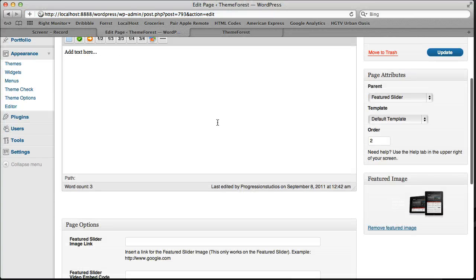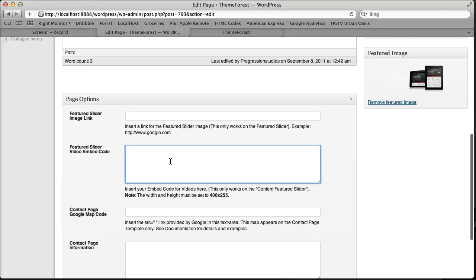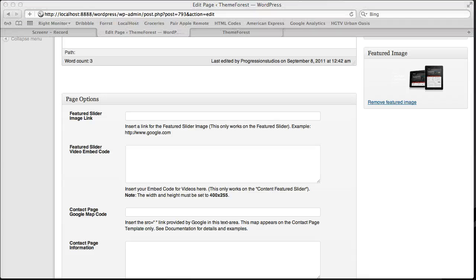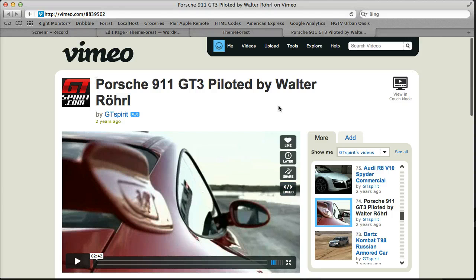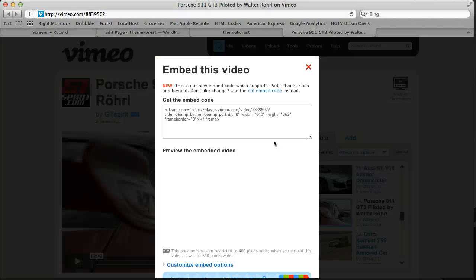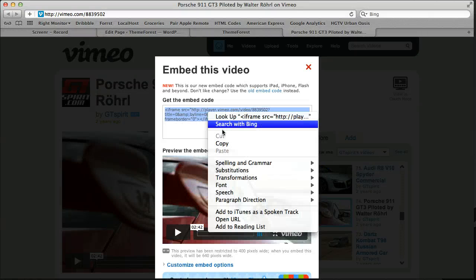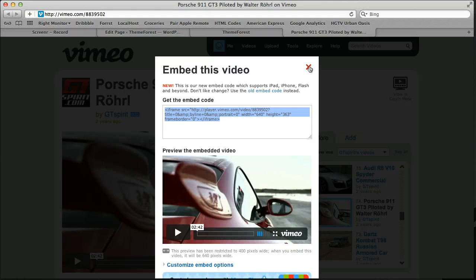What I'm going to do with this slide is go under page options, and I'm going to show you guys how to use a video. I actually have a Vimeo video handy. It's pretty simple. You can use basically any video, Vimeo, YouTube, etc. You just find the embed code. So let's go ahead and copy this, close out,